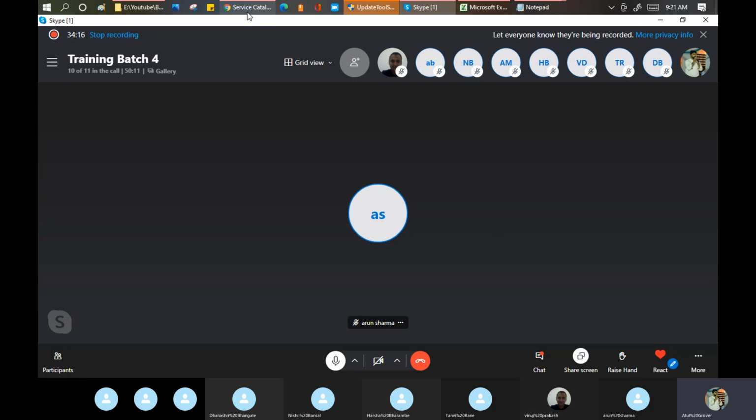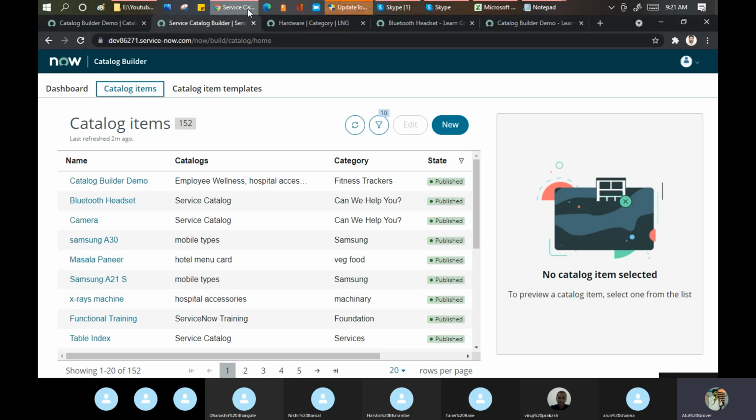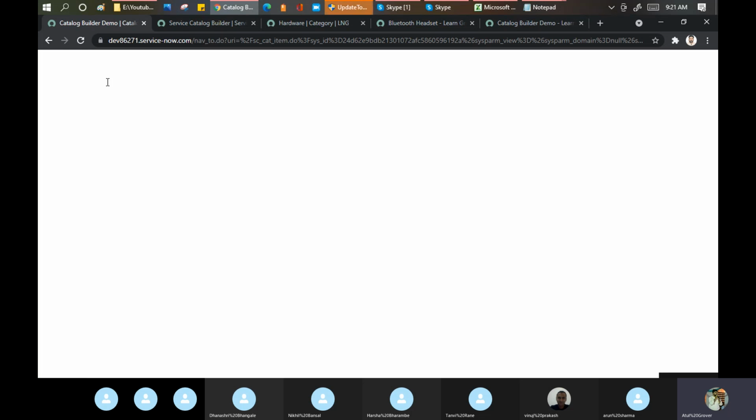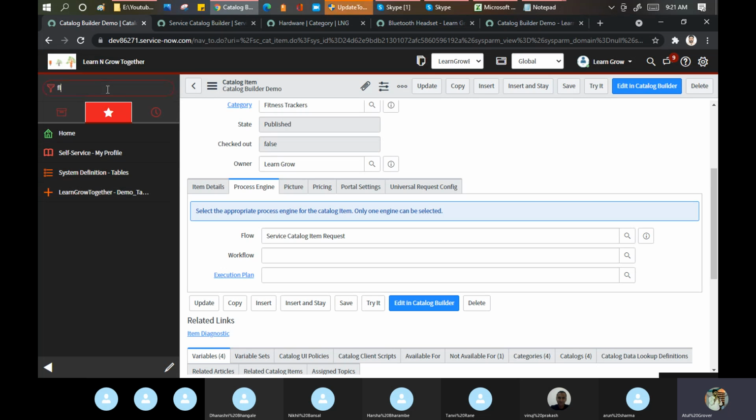Okay. So what we'll do now, we will create the workflow via flow designer. Let me go here and search for the flow designer. This is again a new thing which has been introduced by ServiceNow.